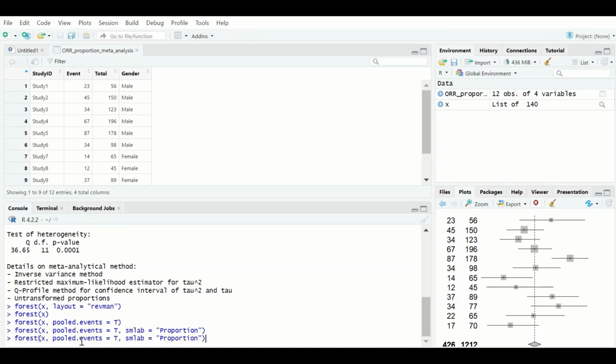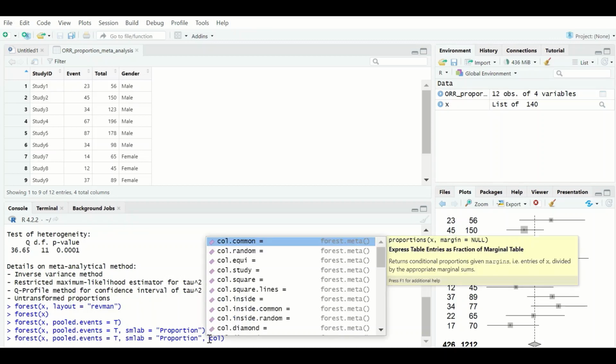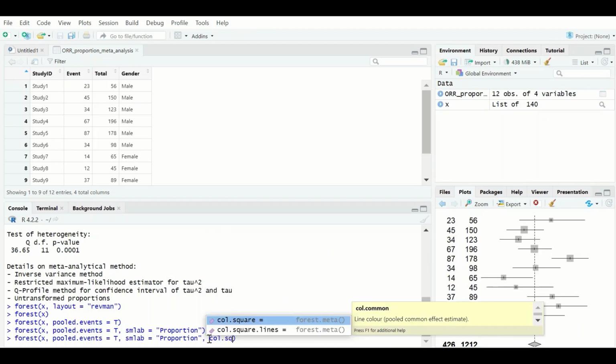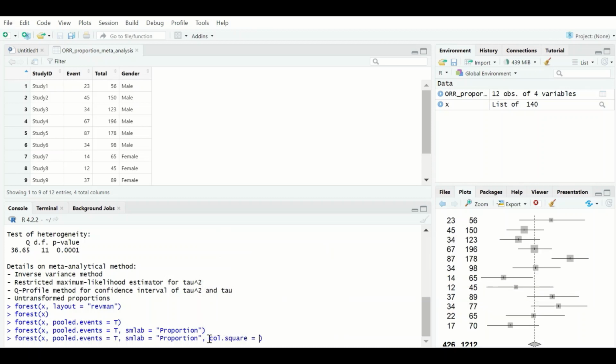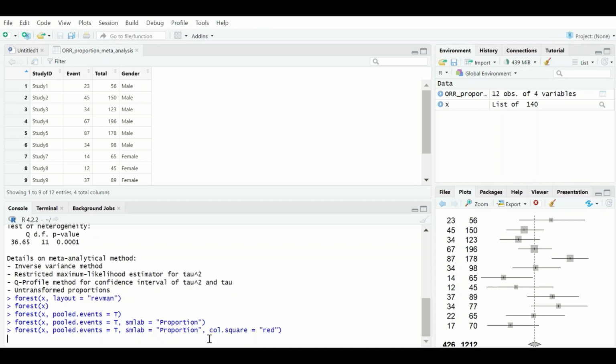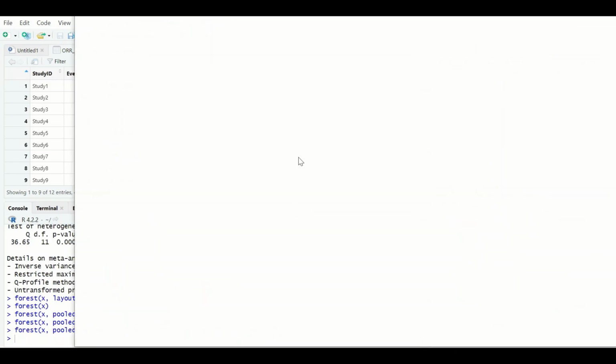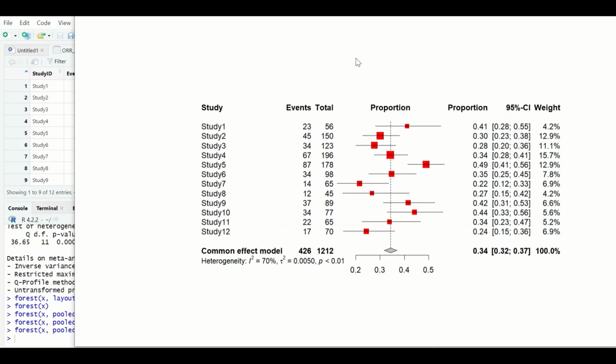for forest, and then insert that here, and then insert a comma. And to change the color of the square symbol, type col dot square equal to, and let's give it a color of red, and then hit enter. Click on zoom, and as shown here, the square, the effect size for the proportion, is changed into